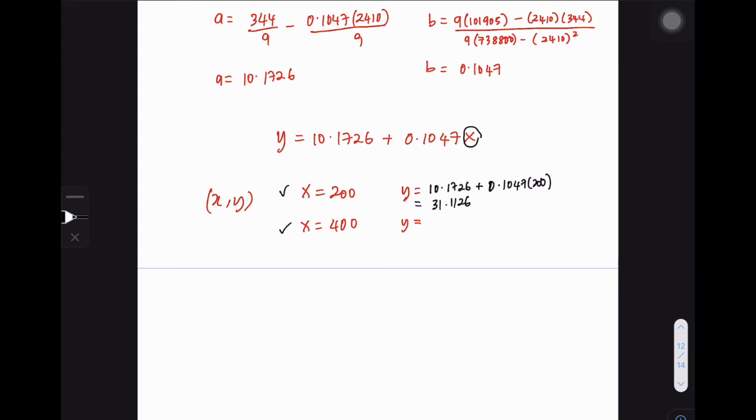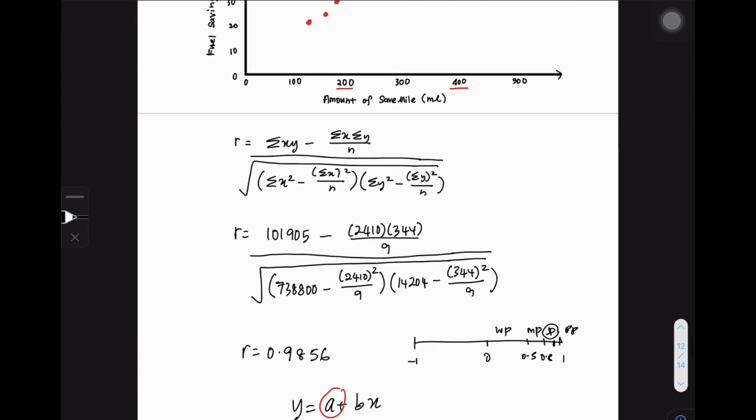Okay, and then buat benda yang sama ke atas nilai yang kedua ni. Okay, masa x sama dengan 400, kita gantikan x ni dengan 400. So y awak akan jadi 10.1726 tambah dengan 0.1047 darab 400. Okay, so kira 10.1726 tambah dengan 0.1047 darab dengan 400. So dapat nilai Y awak adalah 52.0526. Maksudnya pada nilai X sama dengan 200, nilai Y adalah